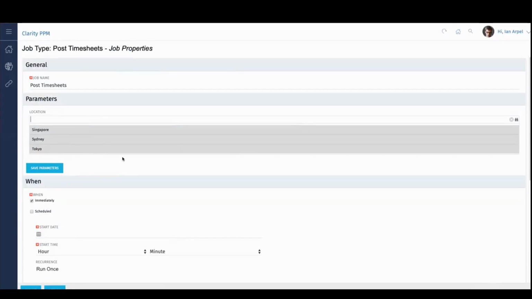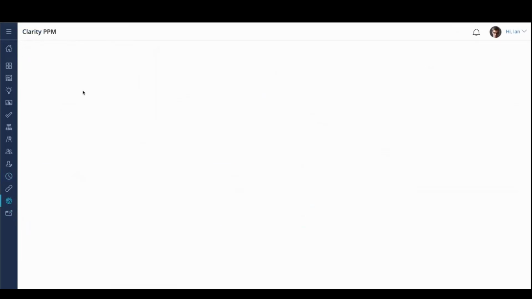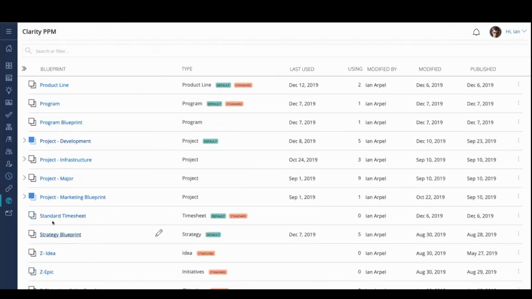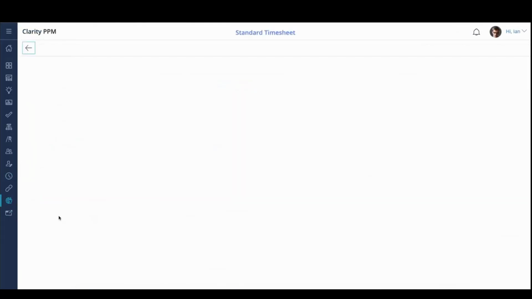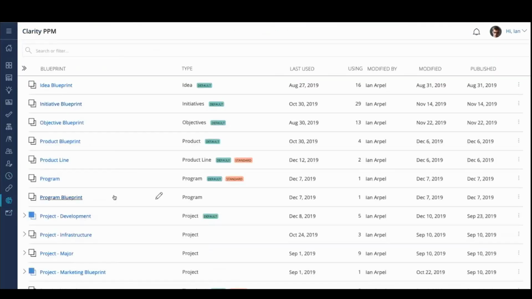Okay, we're going to do a couple more administrative things before we come back to timesheets. First thing I want to get back to is notice that we have the 3 modules here. I'm going to go into blueprints real quick, and there is the default blueprint sitting there, the standard timesheet. As I click into that, you'll notice that it's not editable, right? And that's normal behavior of any default